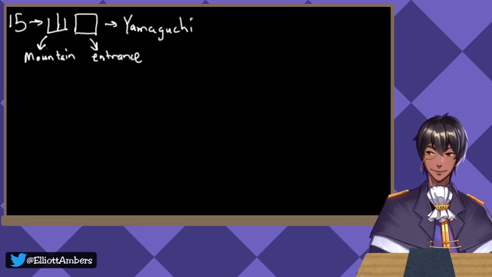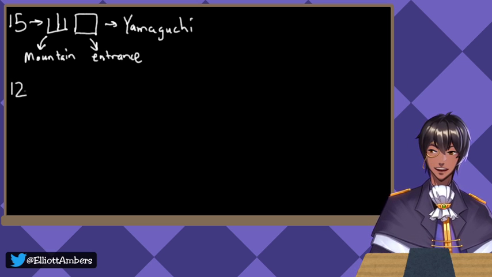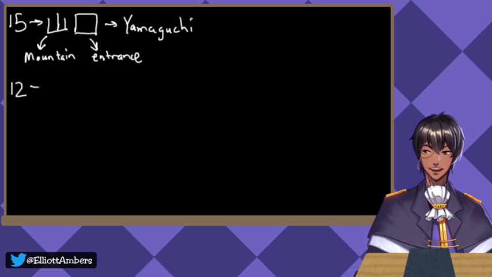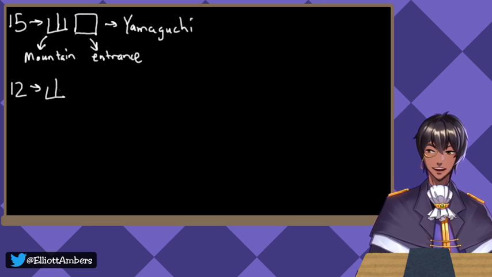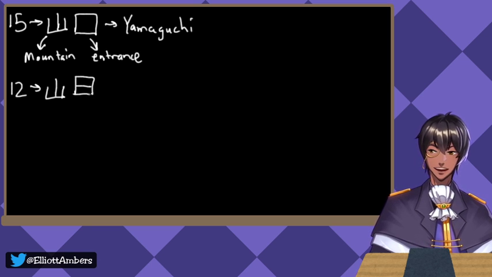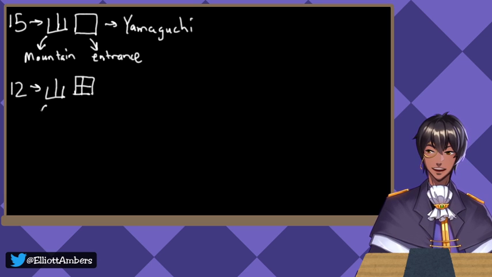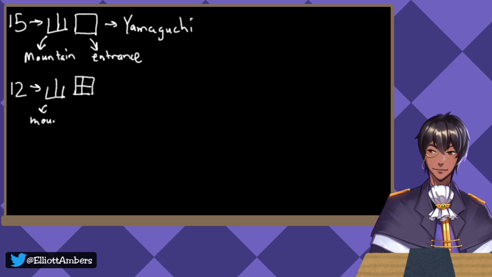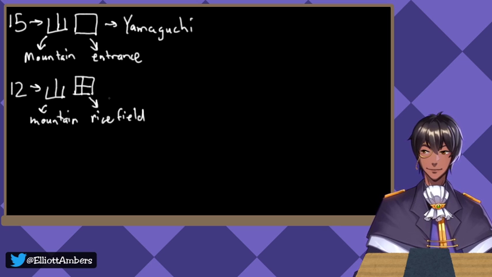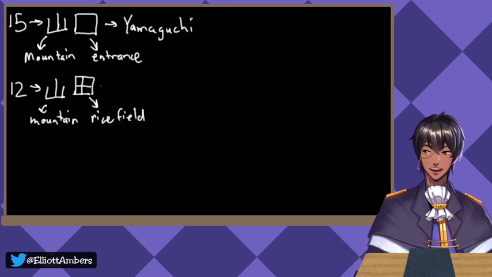The next one I want to talk about, again, is going to use the same kanji. I try to group these together a lot by their kanji as well. So we have, again, another mountain one. This one is Yama and our good old friend rice field. So in this case here, mountain, this would be rice field. So this name probably is reserved for people who lived around a mountain and also lived by the rice field, sort of the rice fields by the mountain. So that gives you the name Yamada,